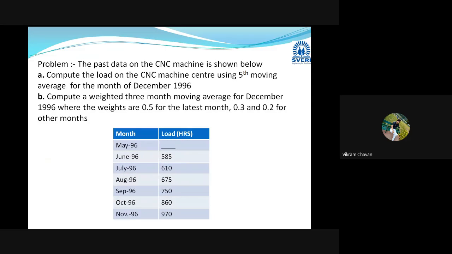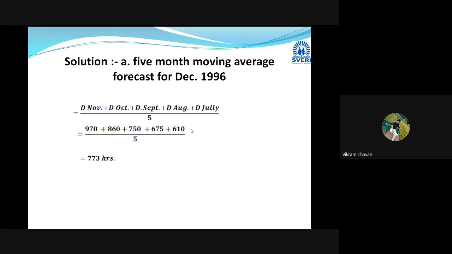So data is provided from May 96 to November 96, but the load for May 96 is not provided, and we have to find out the fifth moving average. Next, in the second question, we have to find out the weighted moving average for the last 3 months. In that case, the solution we have seen is that